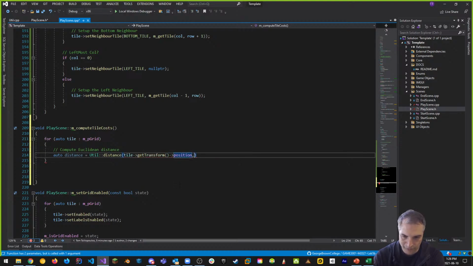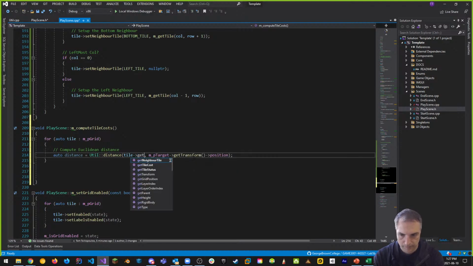That's going to give us in world space. That's not what we want. From the tile to m_p target, and then get transform dot position. That'll give us the distance in pixels. Distance in pixels for our situation right now for computing the tile costs means nothing. Doesn't mean anything for distance in pixels. We want distance in grid tiles. That's what we want. So instead of this, we can change this to get